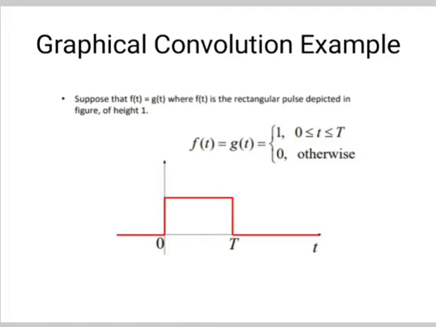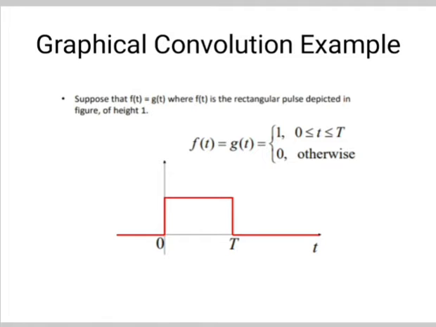Next is the classification based on the output calculation process. In that there are two types: non-recursive system and recursive system. Now what is a non-recursive system? Here the output can be calculated sequentially, knowing only the present and the past input samples. And what is a recursive system? Here the output computation involves the past output samples in addition to the present and the past input samples.